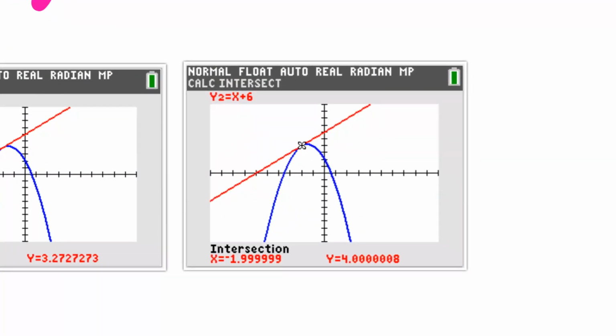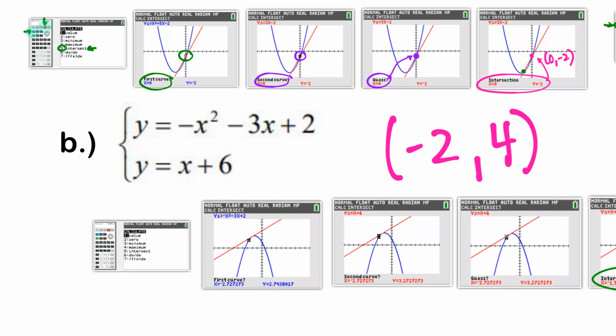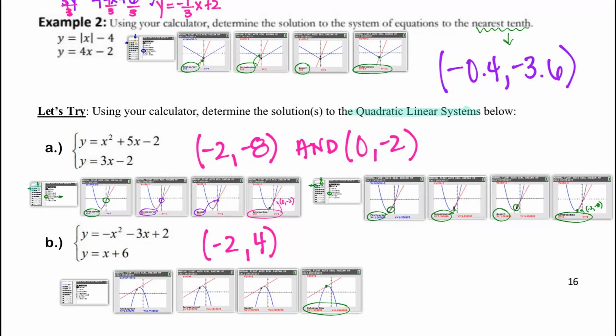as this point here, -2, +4, because we don't need all those zeros. So the point of intersection here is -2, +4. All right. So this is graphically how to solve a system of equations, viewing it, finding that point of intersection on the graph. If we flip to the next page,